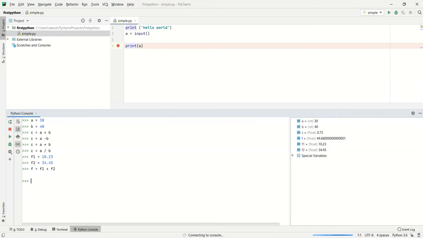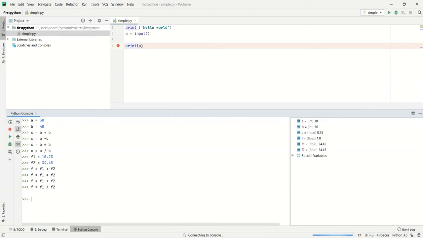In a similar way, f equals f1 minus f2 is also a floating point variable, and f equals f1 multiplied by f2 is also a floating point variable, and f equals f1 divided by f2 is also a floating point variable.